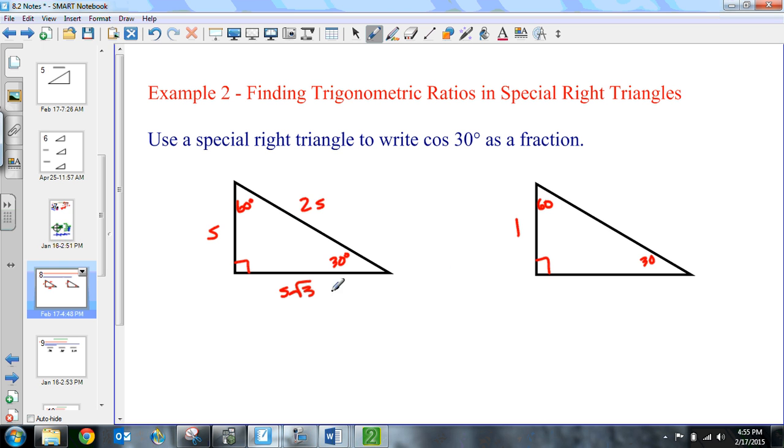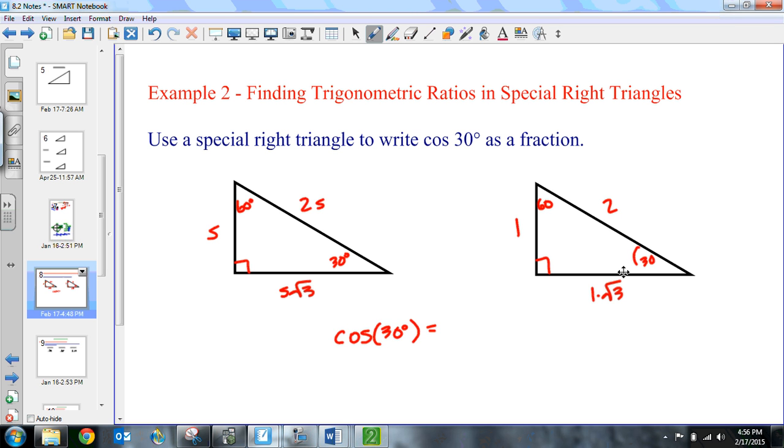Okay? So if S is equal to 1, I can fill out all these other sides. I would know that 2 times 1, this length is going to be 2, it's double that length. And then this third side is going to be this length 1 times the square root of 3. Okay? Now, if it's asking me to do cosine of 30 degrees, okay, then what I can